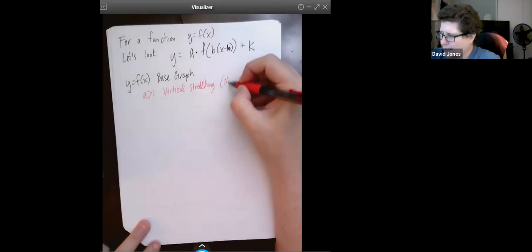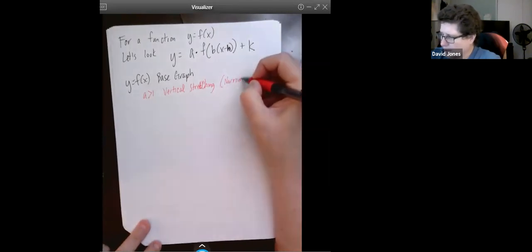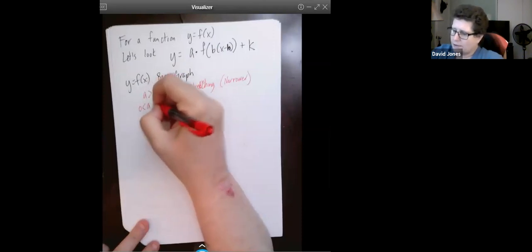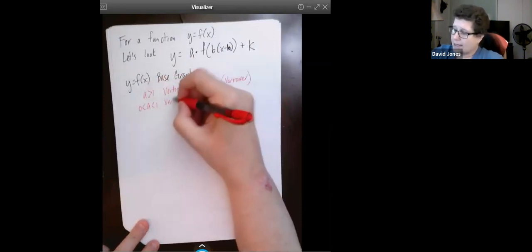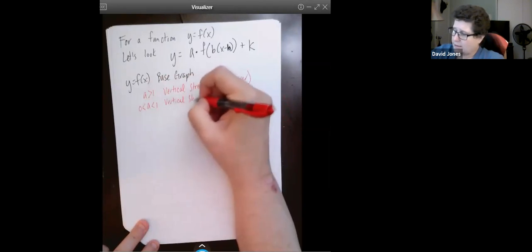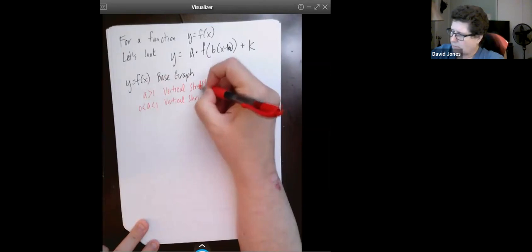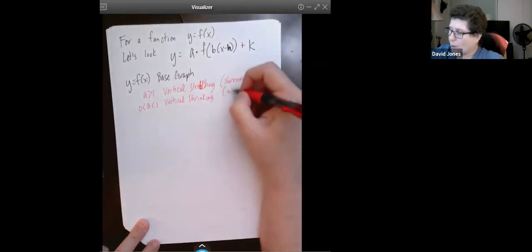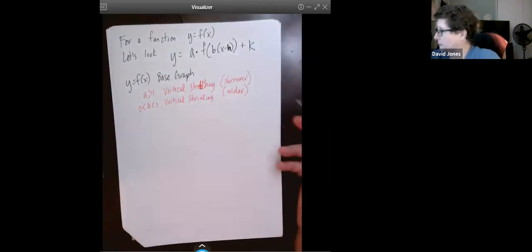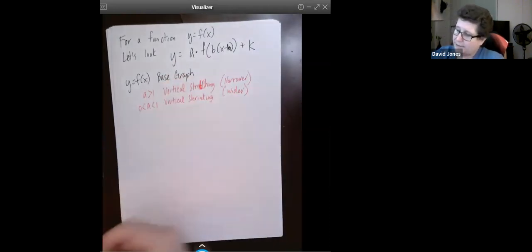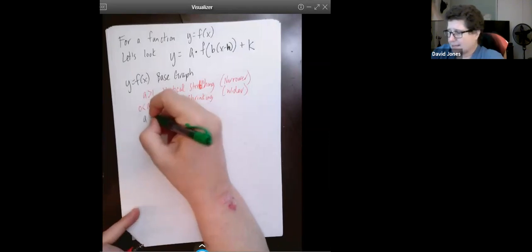And if you look at it, it makes the graph look narrower. And when we had a between 0 and 1, we had vertical shrinking, and it makes the graph look wider. If a is negative, a is less than 0,